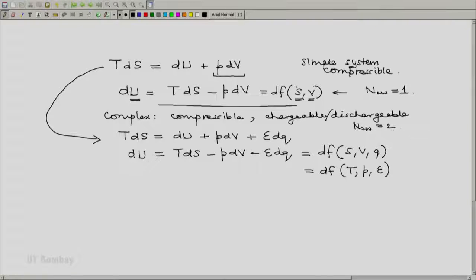And now here you will notice that the number of two-way work modes is 2, the number of variables on the right hand side is 3, and this gives us a hint that the state postulate number 2, which says that the number of independent intensive properties required to define the state of a system is number of two-way work modes plus 1. Here it was 1, properties is 2, here it is 2, properties required are 3,